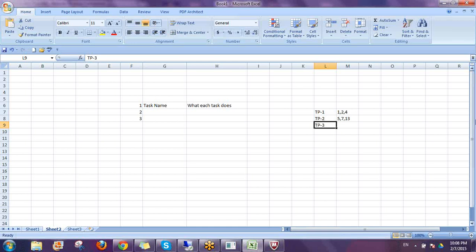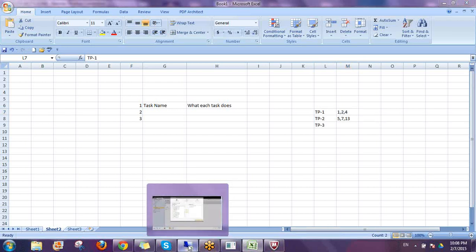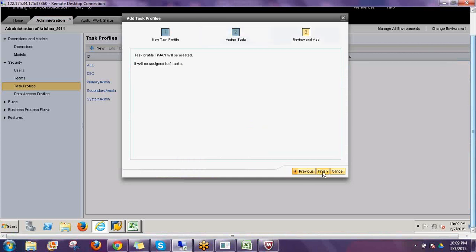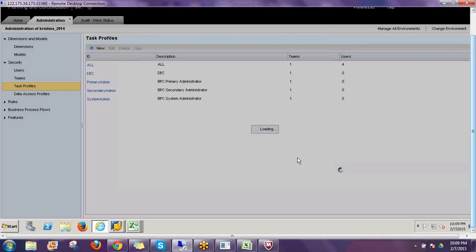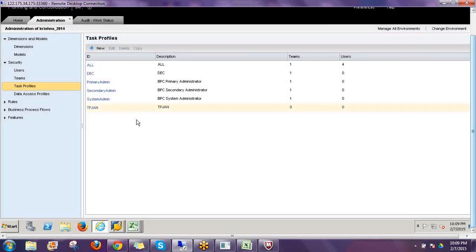The client super user who is providing the roles will provide like this and give it to you. So you can create task profile 1, 2, 3, 4 and assign the tasks which are relevant for each particular profile. That is how we'll create the task profiles in the BPC system. Now we created users, we created teams and we created task profiles. So if you want to find out what each task does and all,